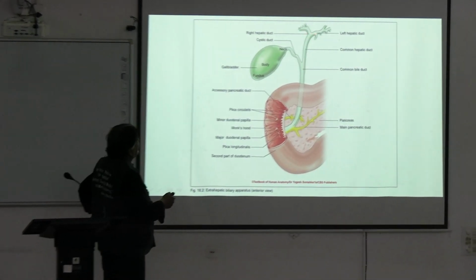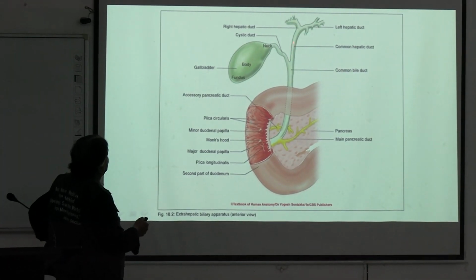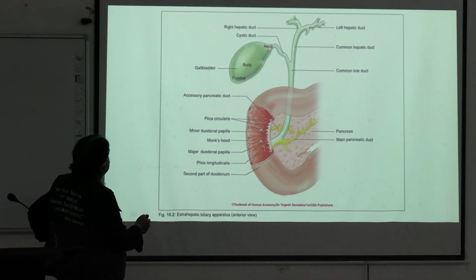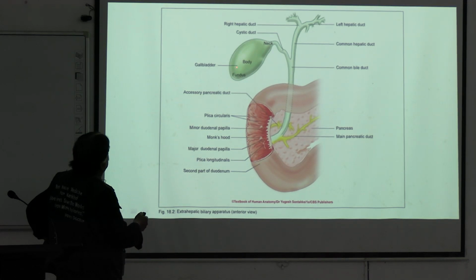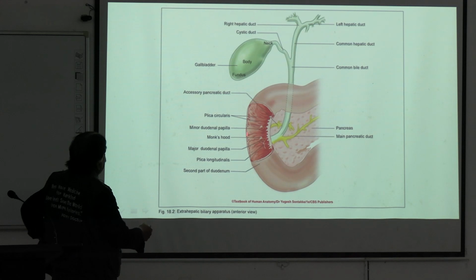This is the right hepatic duct and the left hepatic duct, and this is the cystic duct, this is the neck of the gallbladder, body of the gallbladder, and the fundus of the gallbladder. This is the common hepatic duct. See, it is opening into the ampulla of Vater, and this is the main pancreatic duct. This is the head of the pancreas. This is the C-shaped duodenum. Plica circularis, this is the